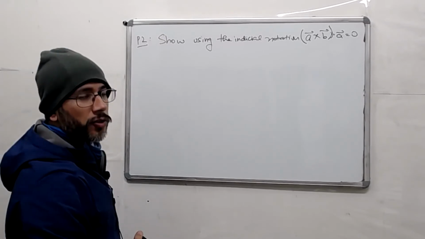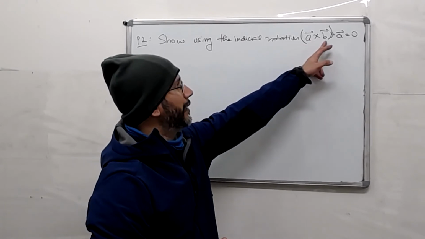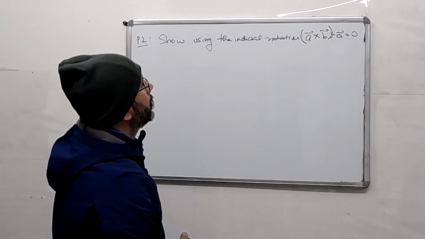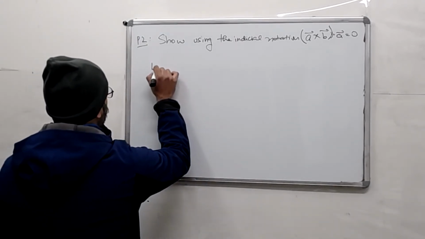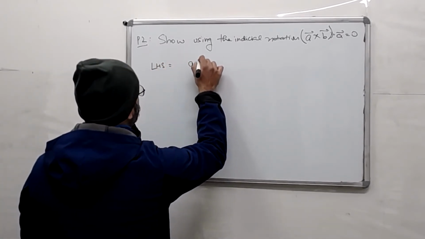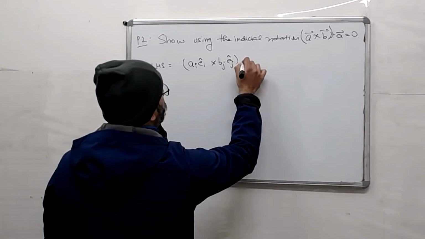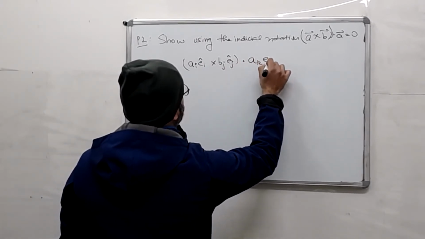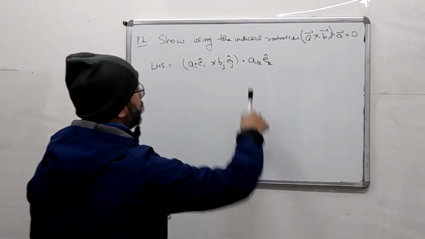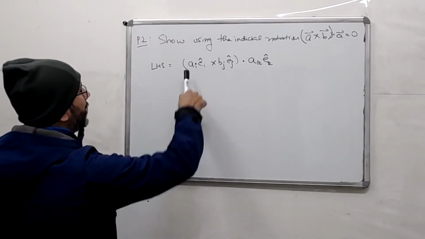Of course, if you just want to do it in a straightforward way, you can say a cross b is perpendicular to both a and b, and then that dotted with a gives 0. True. But we have to practice the indicial notation, so let's do it that way. So I can write vector a as ai ei crossed with bj ej, and then dotted with ak ek. Notice that although the vector a appears twice in the expression, we'll have to use different indices for both a's, because I cannot repeat an index more than twice.